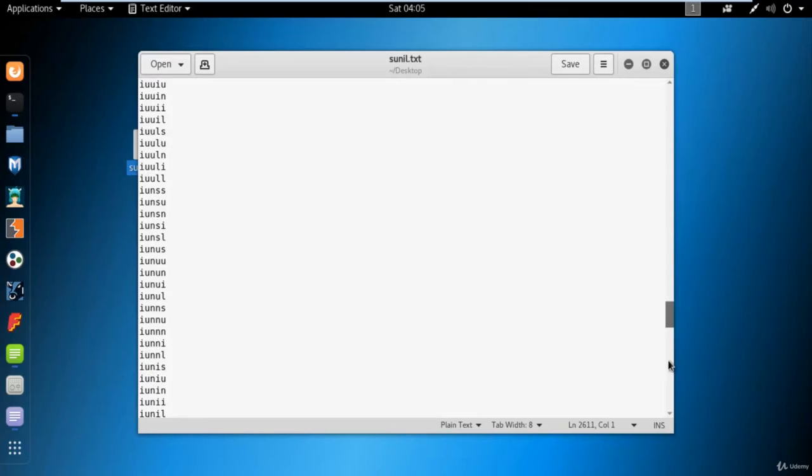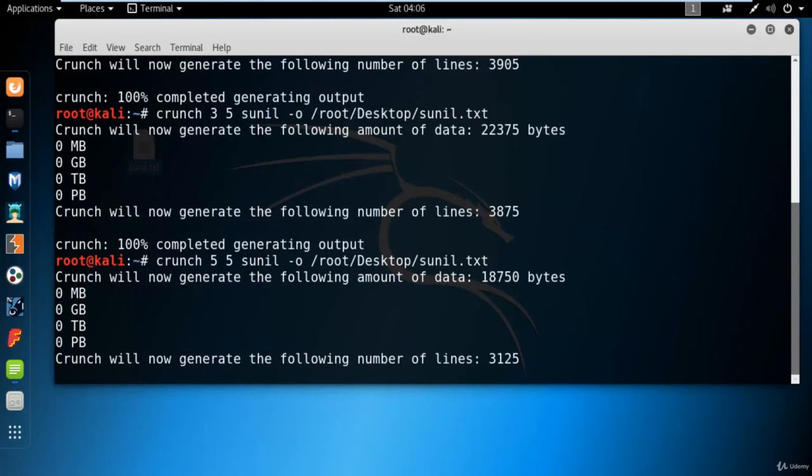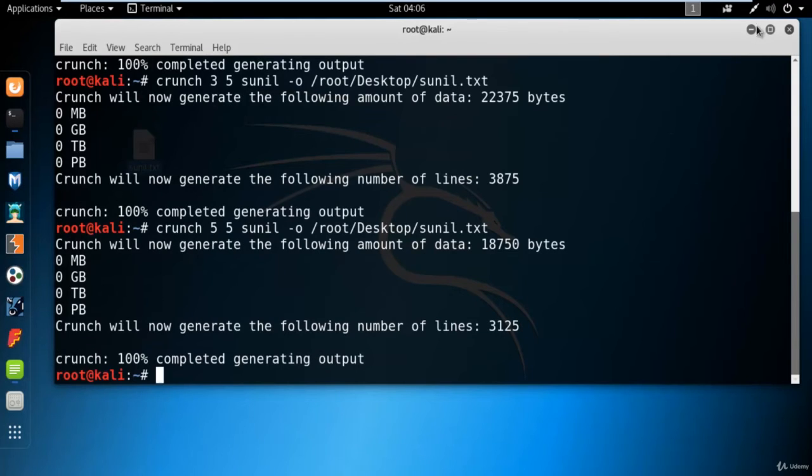So there is no place for single and double characters here, right? And if you want, you can skip the 3rd characters. If you want all kinds of 5 characters only, so that you skip single, double, triple, and 4 characters, you can hit enter. So there will be only 5 characters inside that.